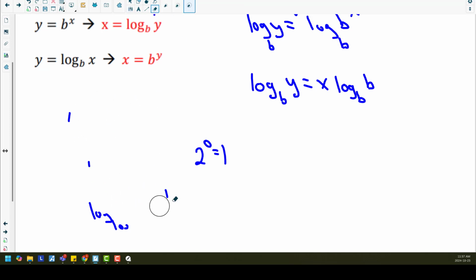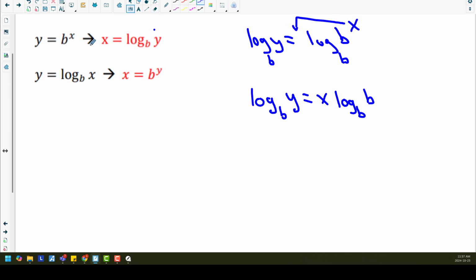So we know that if I were to take the log base b of both sides, and there's a reason why I chose base b, because this